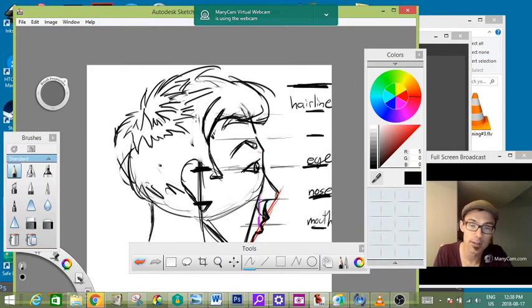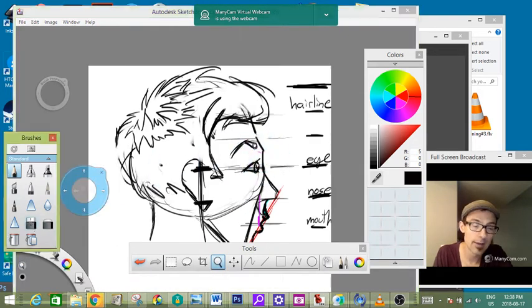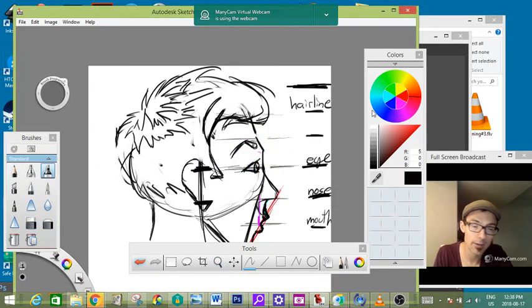So notice how there's these chunks here that go from thick to thin all the way around the crown of his head. If you then fill in this part with sort of that airbrushed tool, fill this in,